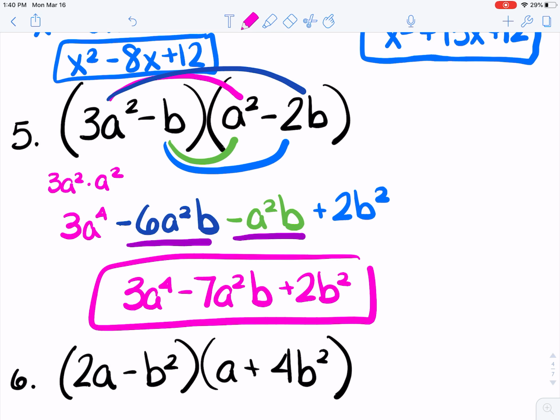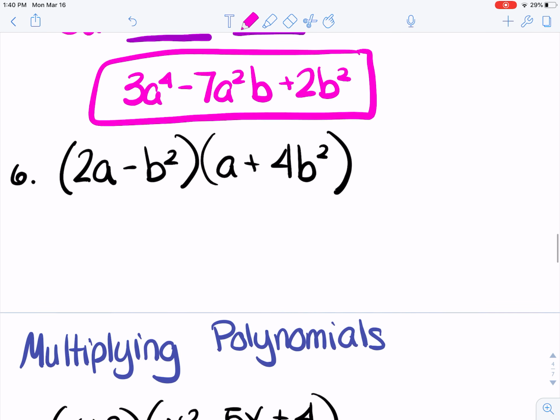When you're multiplying binomials, you're always going to be able to combine the